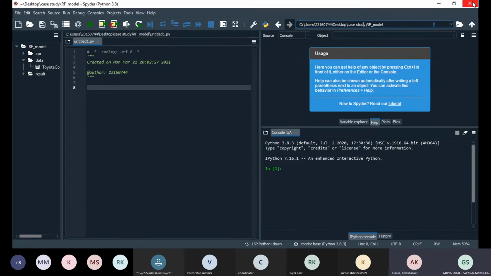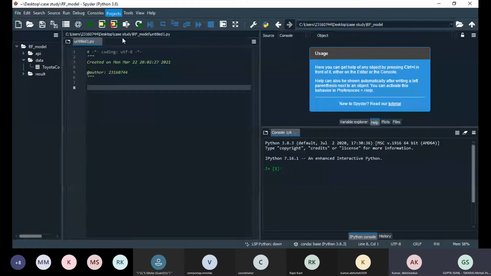Desktop, sir. Go to projects. Click it, you will get a drop down menu: new project, open project, close project.